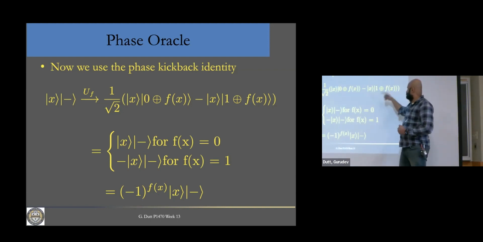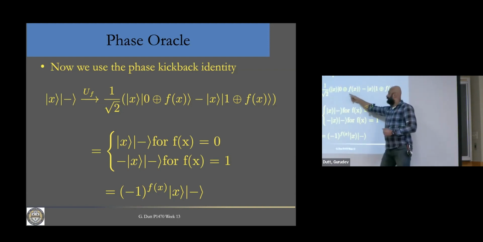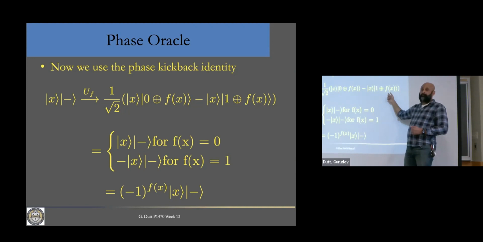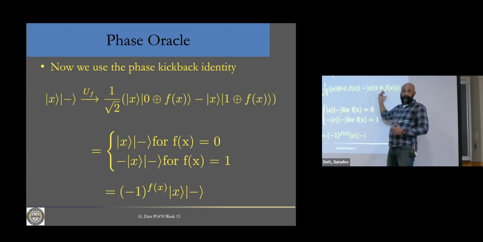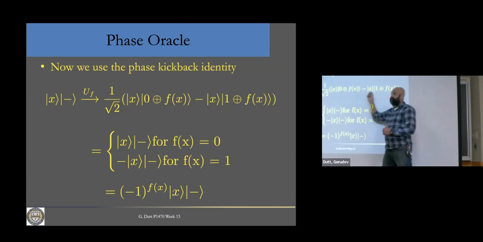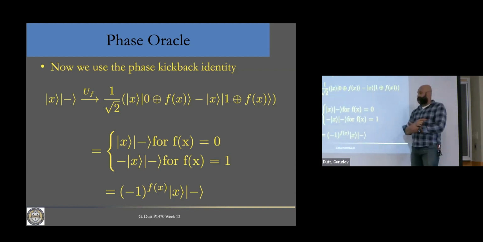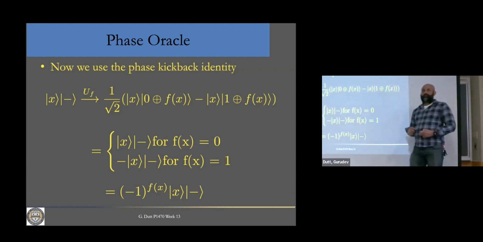Okay. If this step is clear, then hopefully the next step is also clear, which is that if f of x is 0, then this state becomes 0 here and this state becomes 1. Which means the output is x times minus again, because this is 0 and this is 1. But if f of x is 1, then this state becomes 1, this state becomes 0. So I get the minus state, but with a minus sign in front of it. So I get a minus sign times x times minus,